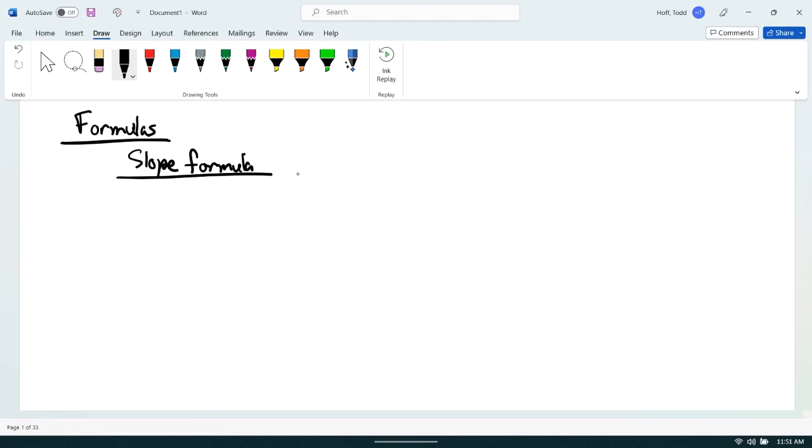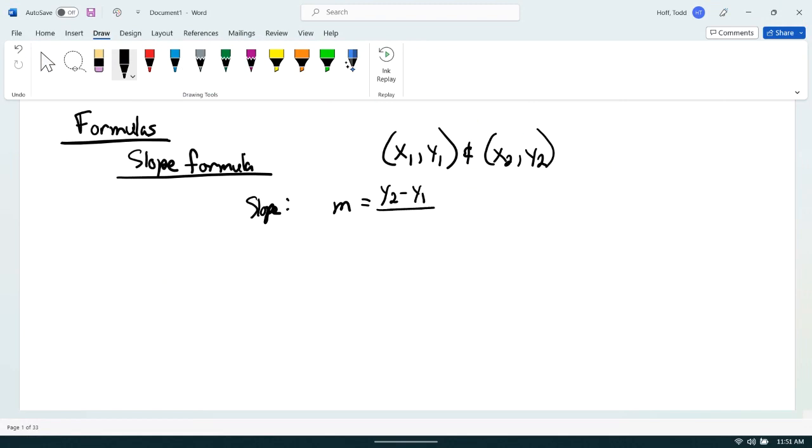And the slope formula says when you have 2 points, and I'm just going to label them x1, y1, and x2, y2, the slope, abbreviated m, is found by doing y2 minus y1. Remember, the difference in the y coordinates is the rise over x2 minus x1. So we've already done this a few times, so I'm only going to do one example here. If I have the points, let's do negative 6, 3,